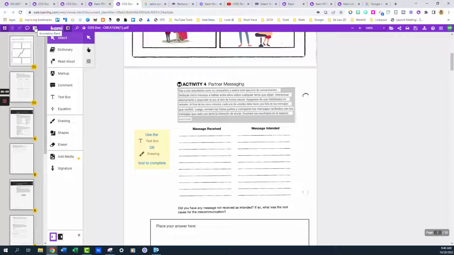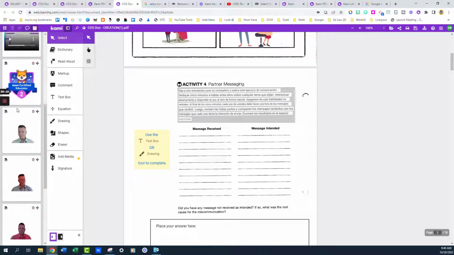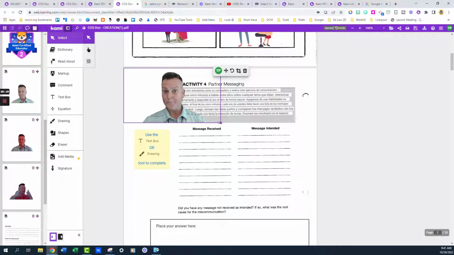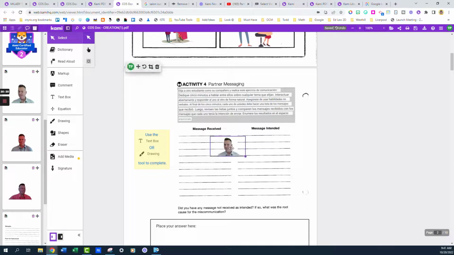But here's what's also awesome, is that you can use GIFs in order to grade as well. You can see I made a couple of myself right here. I can just drag and drop myself wherever it is that I want to be put, shrink myself down, and if I think they did something really well, I can go ahead and put myself on top of their assignment. Obviously, you do this inside of Google Classroom and grade with Kami inside of there,